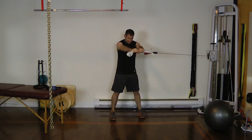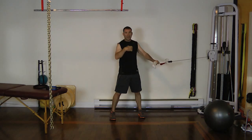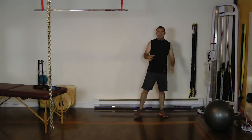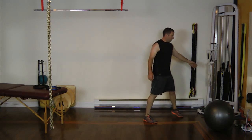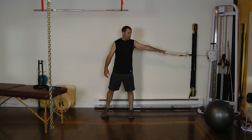Make sure you're nice and straight. If you're working with somebody, maybe they can help you out, and then do the same thing on the other side. The last two exercises for this is what I call a star. It's very similar to the side crane, but this time you're going to actually have your hands out to your side. So you grab your elastic, whatever you're working with, and you're just going to pull it out to one